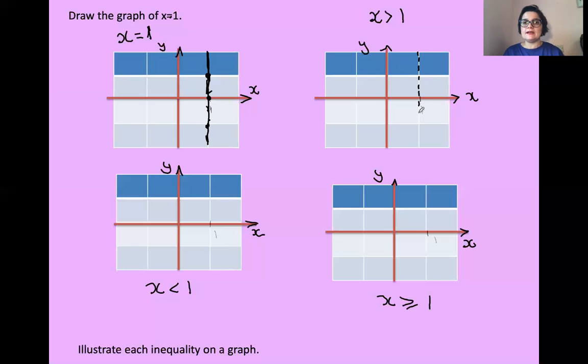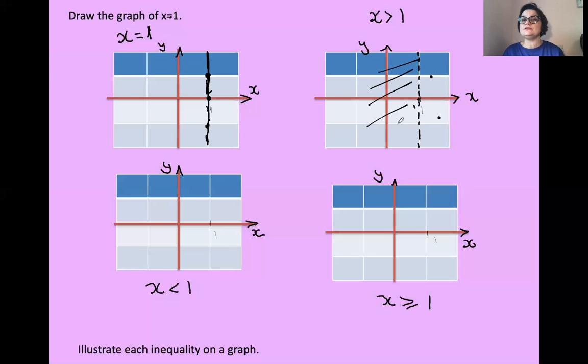And let's find the region that satisfies x bigger than 1. So if you take a point here, for example, the x for this point is going to be around 1.5, let's say 1.4. So it's bigger than 1. A point here is going to be bigger than 1.5. So again, it's still bigger than 1. So all this region here satisfies the inequality x bigger than 1,